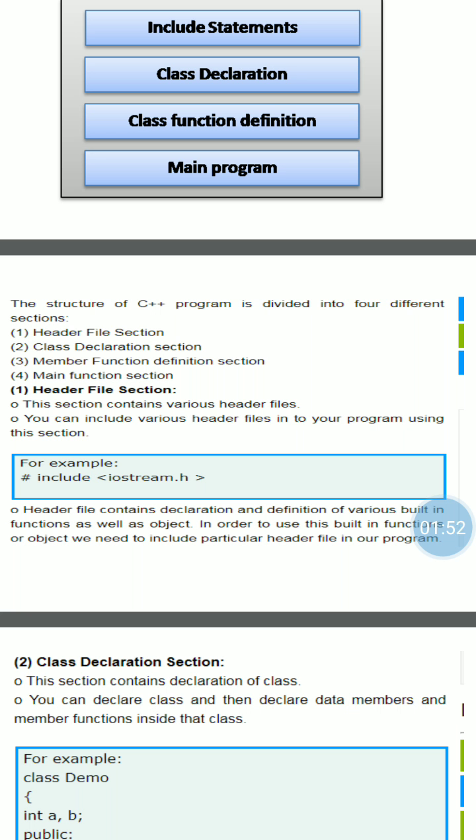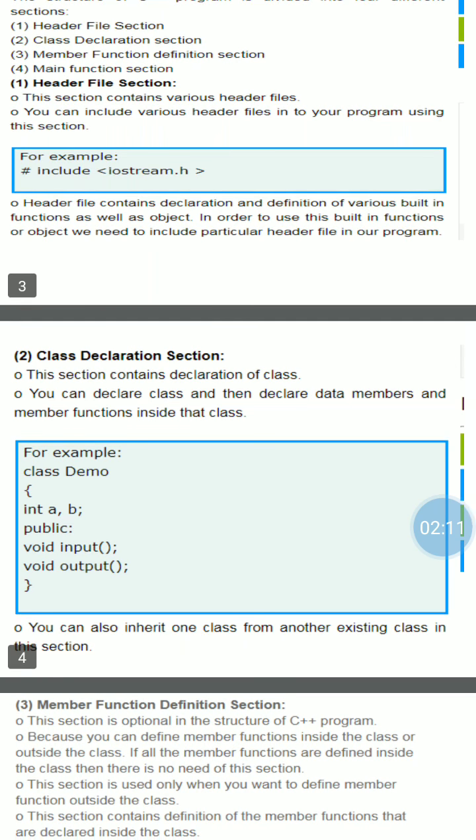For example, if you want to perform an input operation, then an input function is required. For output operation we need an output function, but all these are built-in functions, and they are linked with our program with the help of header files. That's why we need header files in our program.